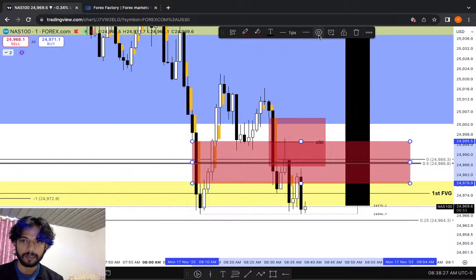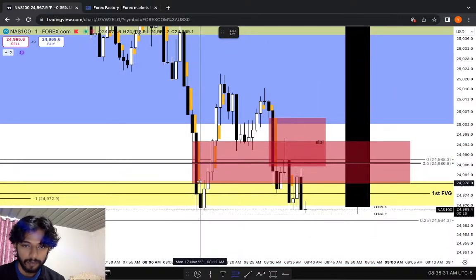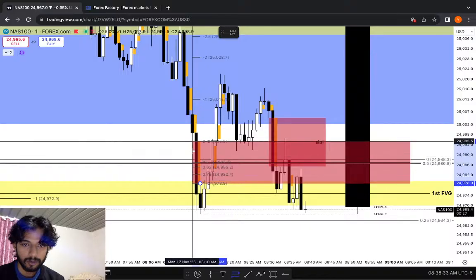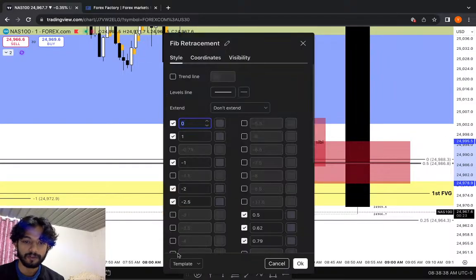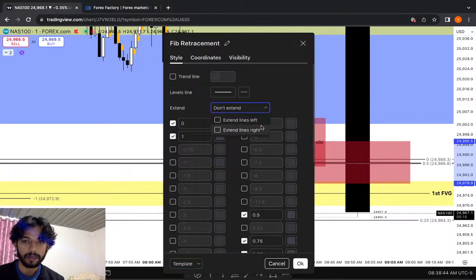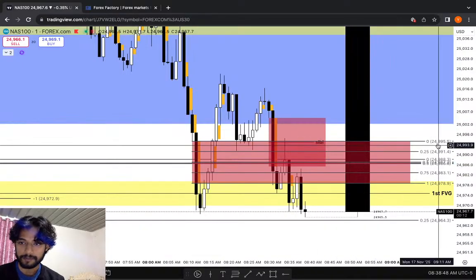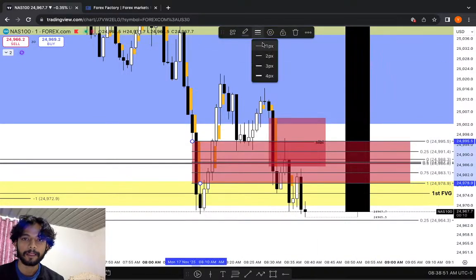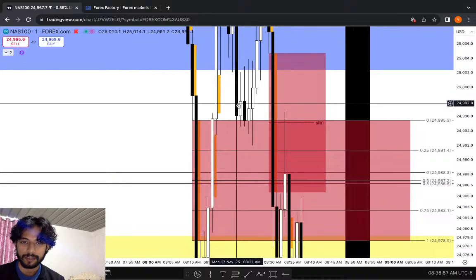And if I want to go into more details of this, then I will take this low and take this high, which means this FVG, which is in the form of sell side imbalance, buy side inefficiency, and I am going to grade that and extend the lines, right? Then you will see this, let me just make it thinner so you guys can see this.